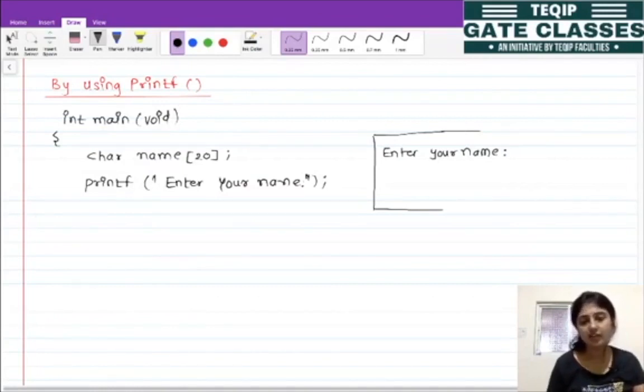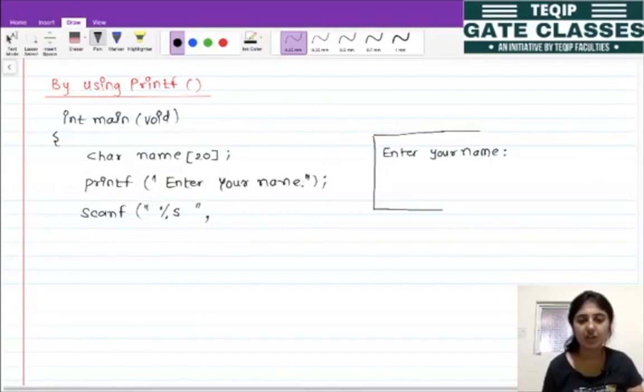So we know that when we want to take inputs from the user, we have the function scanf. scanf has two parameters. One is its access specifier. So for the string we need to use the access specifier as %s, ampersand and name, right. But when we have to scan this string, we don't add this ampersand.